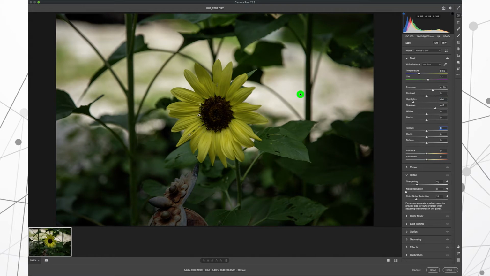Now the flower still seems a little dull, so you can brighten that up with the vibrance and saturation settings. The vibrance, try not to overuse this, but you can crank that to bring more of the yellow back into the flower. The saturation slider is really going to add a lot of color, and a lot of times people overuse this. You don't want it to look too colorful or too saturated, so be careful and don't raise that